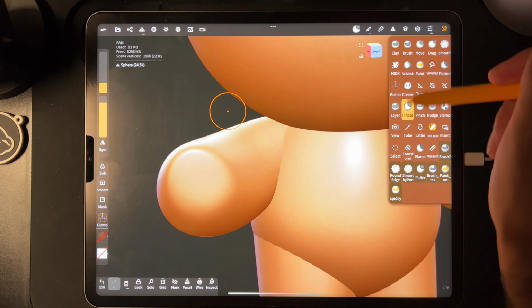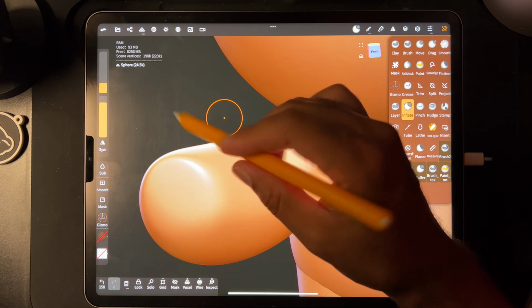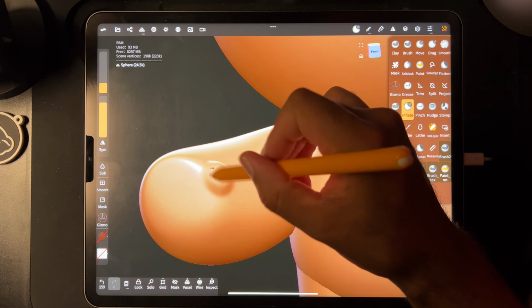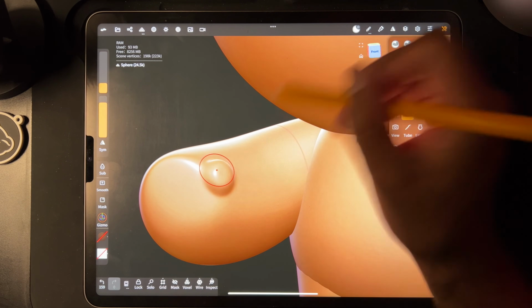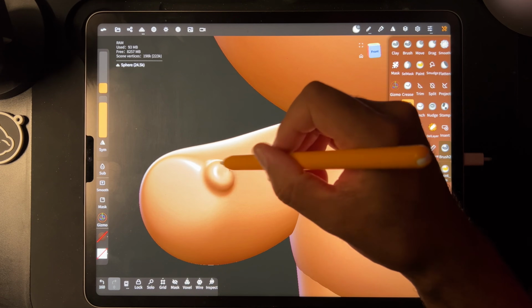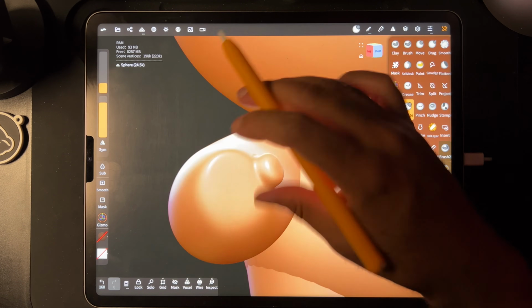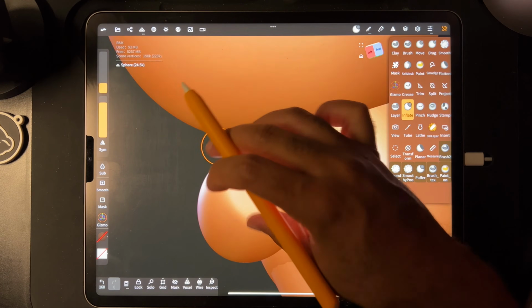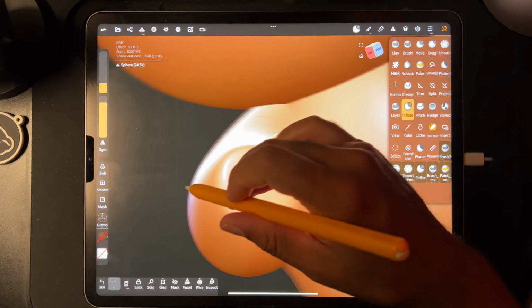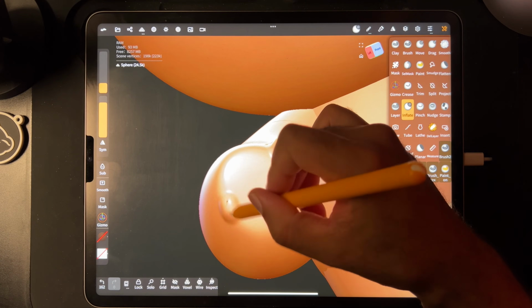So now we have the inflate tool. So let's make a thumb first. So right about here, we'll make the thumb. So I'm going to draw, inflate this, remove the apple, move it from the surface, and then go inflate again. And then we have like a little thumb. Now let's make, we can give him 3 fingers. So I'm going to make one here,